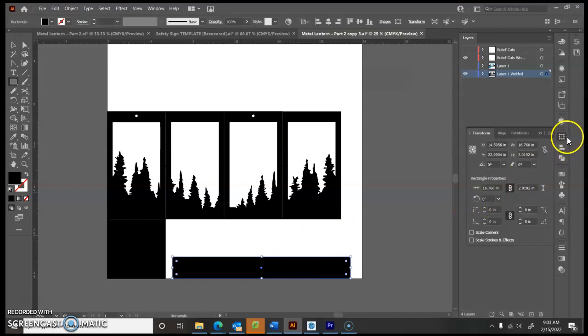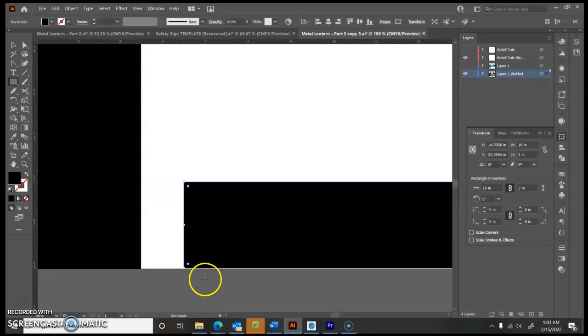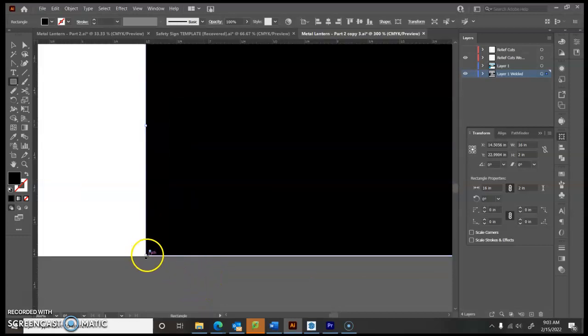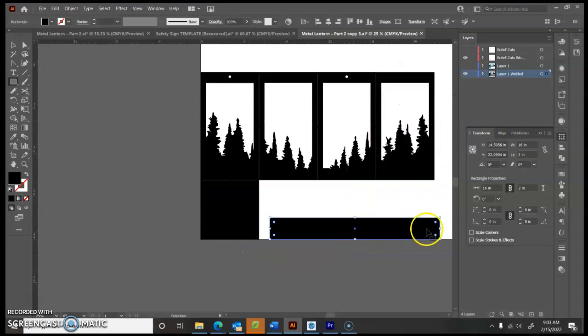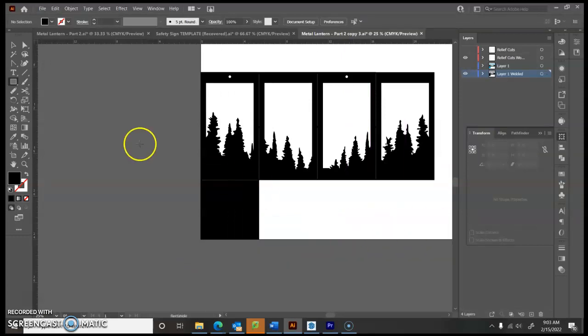I'll go to my transform tools here, and I'll get the right size. Let's see, I'm going to make it about 16 inches wide, because that just seems like a nice round number, and about 2 inches tall. So, there we go. Now, you saw that when I did this, I'm going to zoom in a little bit here, I had this sort of right on the edge of my artboard. I'm going to undo again. Remember that when I make this,